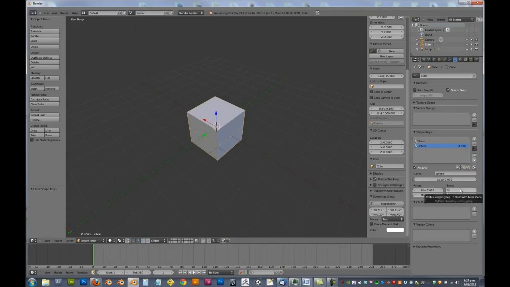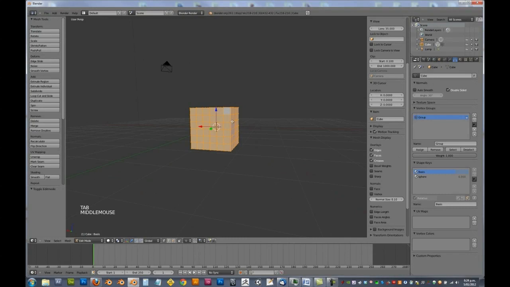Now this is called blend, and this changes the blend value. So we've got the basis, which we're blending from, and we can define a vertex group to show where we want it to blend. This is especially useful when blending faces, so that we can have like left and right side of the face. We make the one shape key, and then we can split it into two for the left and right sides. But for now, we're just going to add in a vertex group,